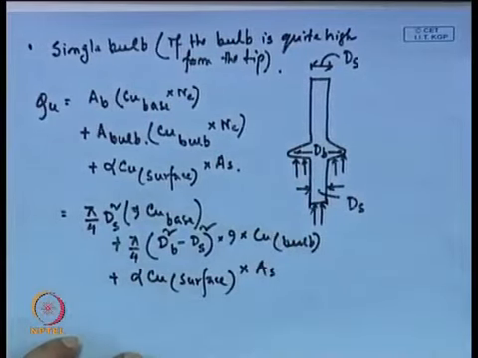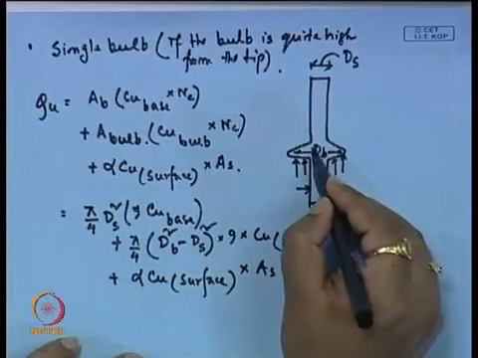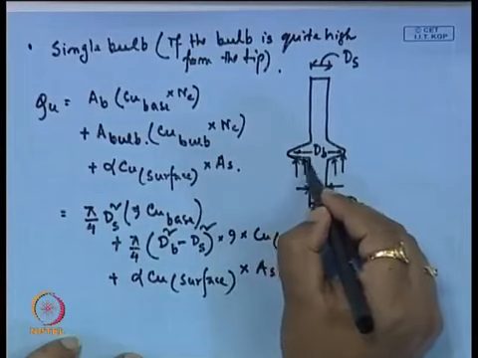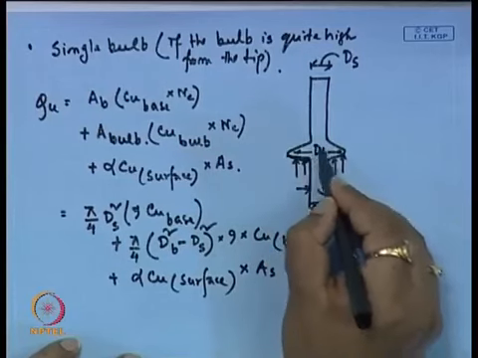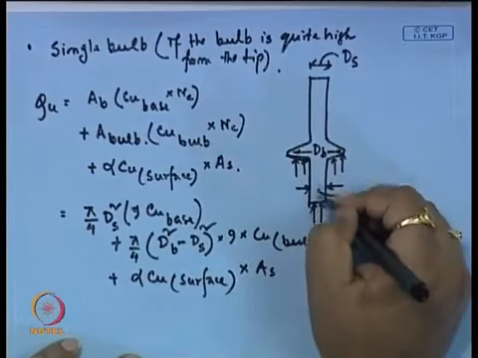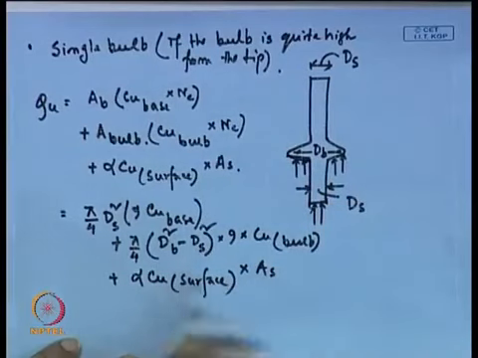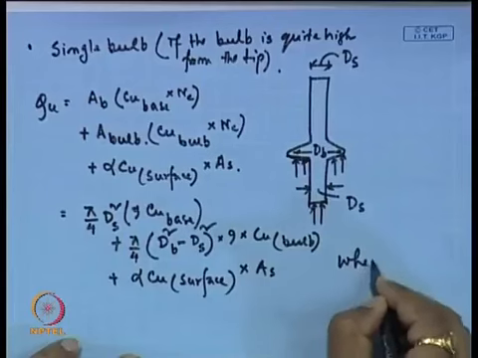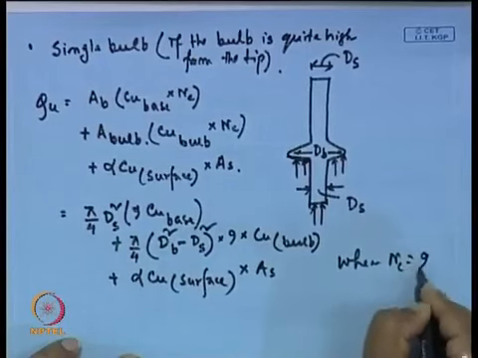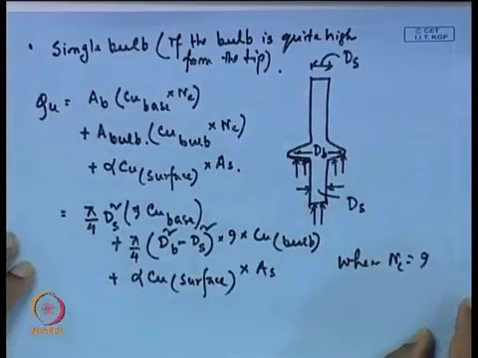Now, this is the difference, because here we are getting only this area, this resistance we are getting from this enlarged portion, not the center one, because here this pile shaft is already existing. So, that is why this is dB square minus ds square into 9, where Nc we have taken is equal to 9. Same alpha is again the adhesion factor.